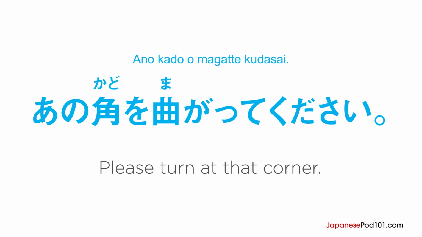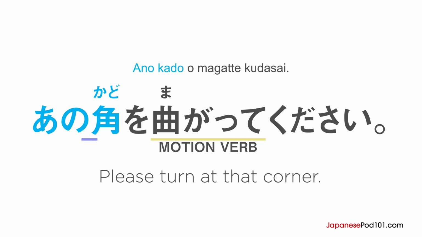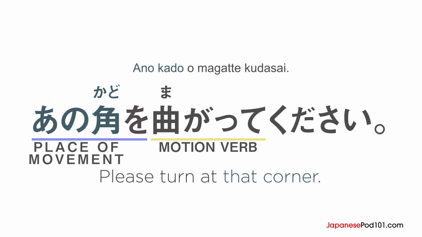Here is another example. あの角を曲がってください。 This means, please turn at that corner. 曲がって or 曲がります is the movement. Where it takes place, あの角 that corner is marked by を。